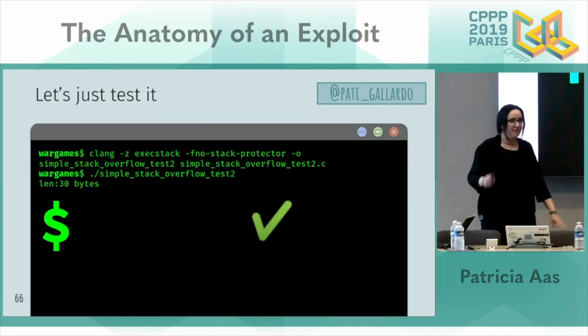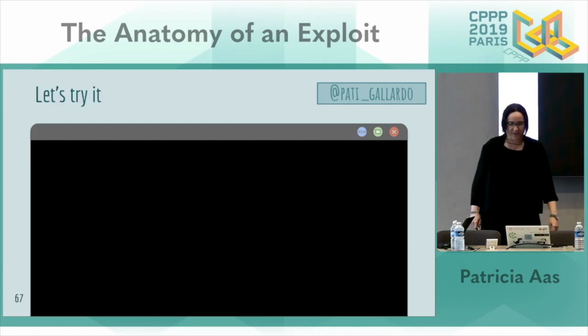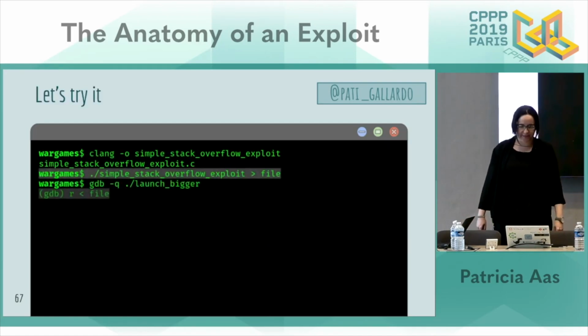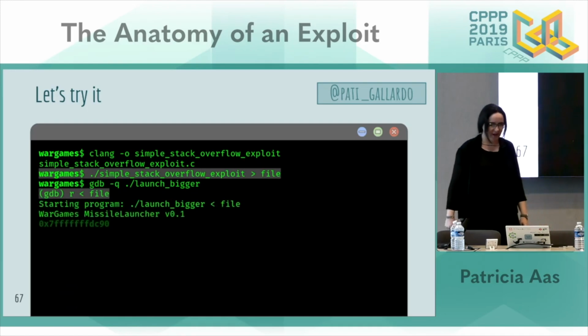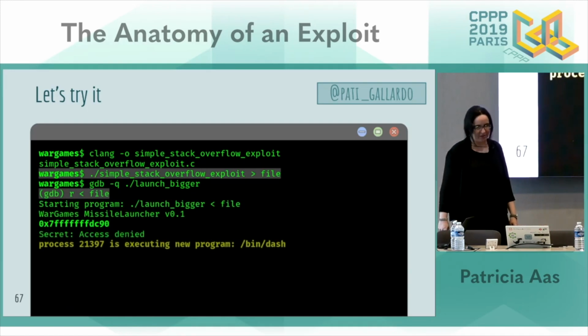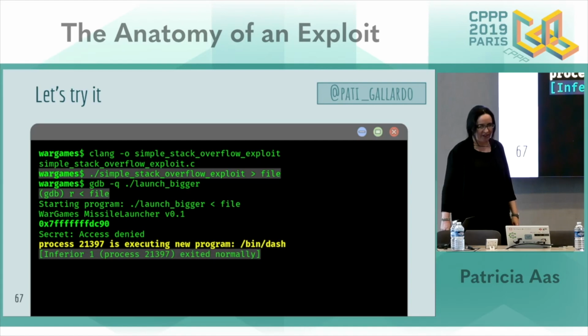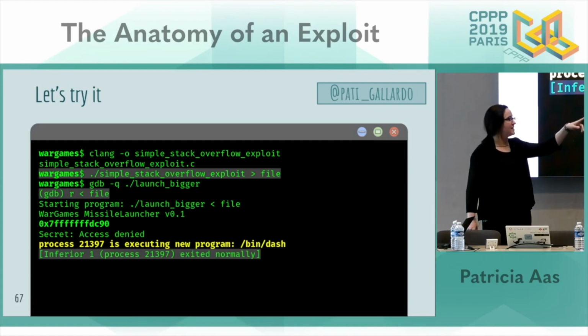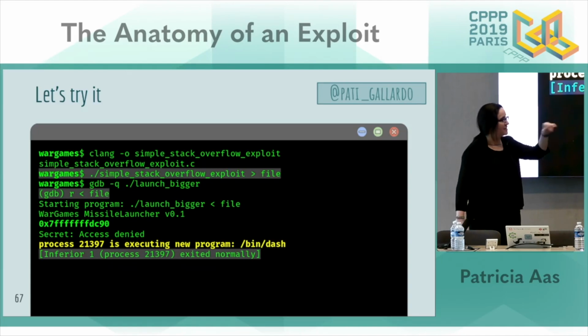Okay, so we'll try that, and we just run it, and it works. Then we try to put it into our framework. It looks all rightish. But the problem is it says launching new program /bin/dash, which is because bin/sh symlinks to bin/dash. But then it just exits, and we never get the shell prompt. So that's unfortunate.